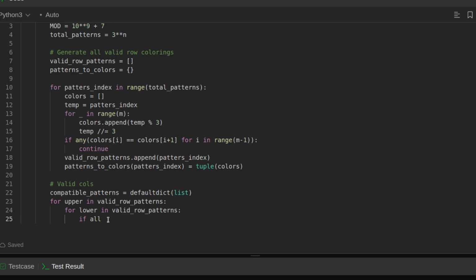So if all, so here we will say for a comma b in zip, patterns to color,